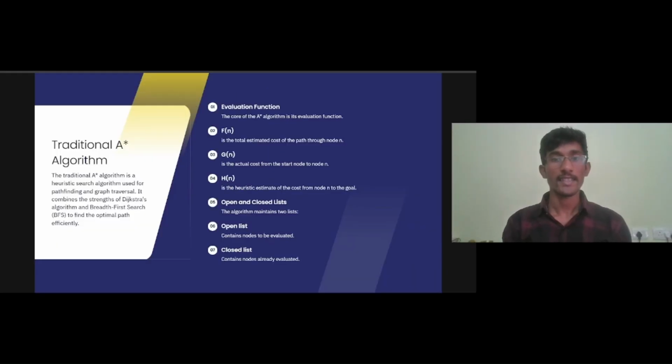Hi, in this slide I will be talking about the traditional A-star algorithm and its objective function. The traditional A-star algorithm is a widely used search algorithm in pathfinding and graph traversal. It is popular in AI, robotics, and game development because it efficiently finds the shortest path from a starting point